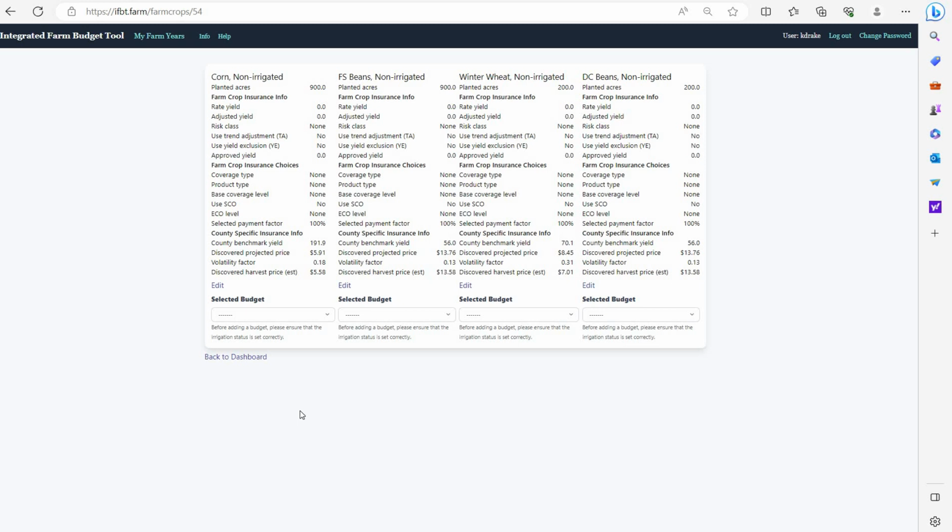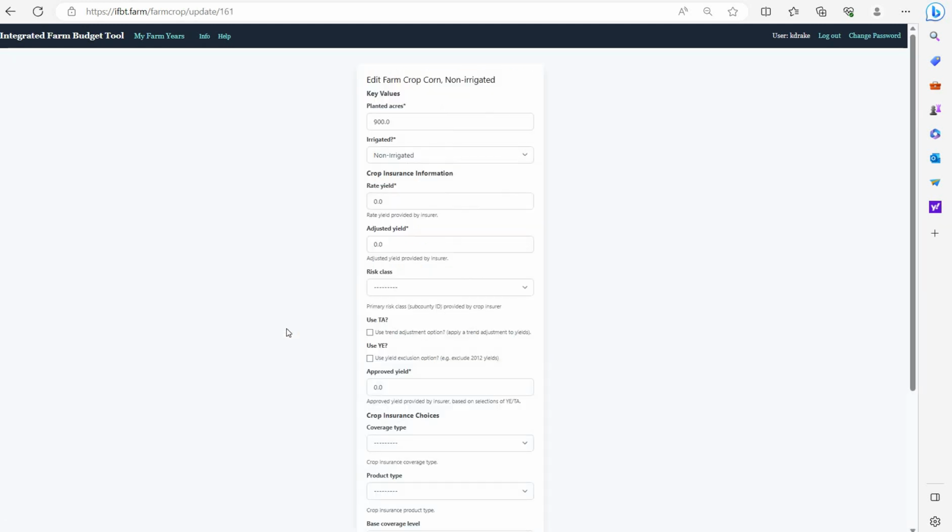For purposes of our farm, we'll assume that the farmer and the crop insurance agent did choose TA and YE for all the crops. And the farmer's expected yield, in this case, is 210 for corn, 55 for full season beans, 70 for wheat, and 40 for DC beans. So when the farmer calls, the crop insurance agent relays this information that we will now input into our input screens. For corn,